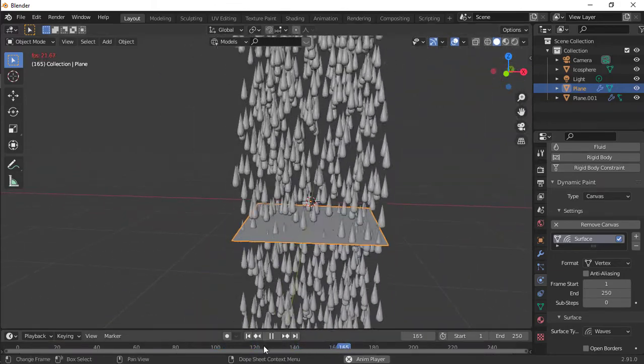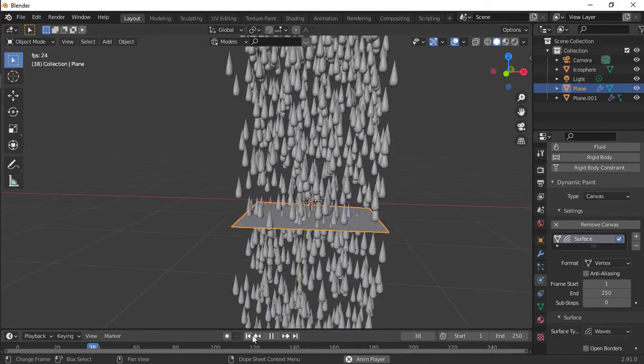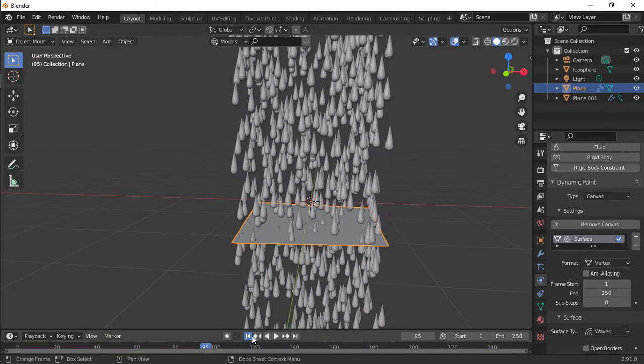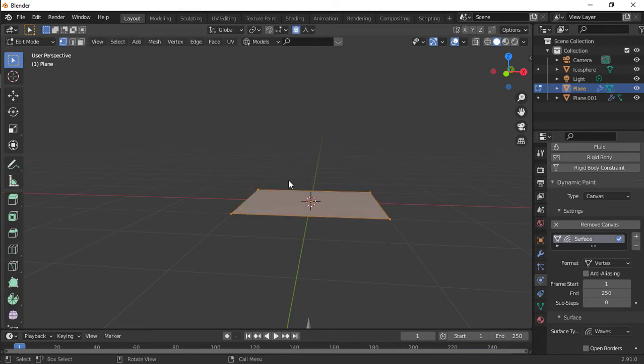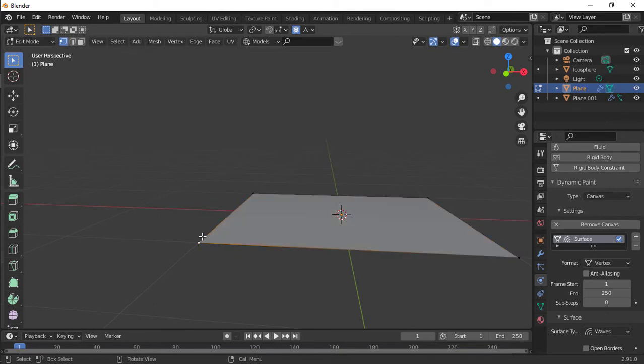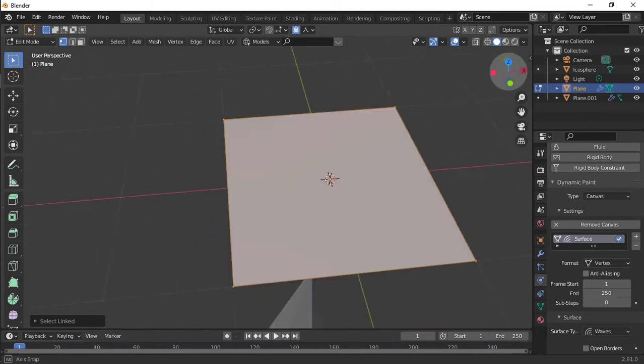it affects our plane, but that's not how rain works. Yeah, that's not how rain works. So now, because it has only 4 vertices, and vertices are this thing here, so it's tab to enter edit mode actually. Vertices are these things over here. So now, for us to increase that, just hit L,